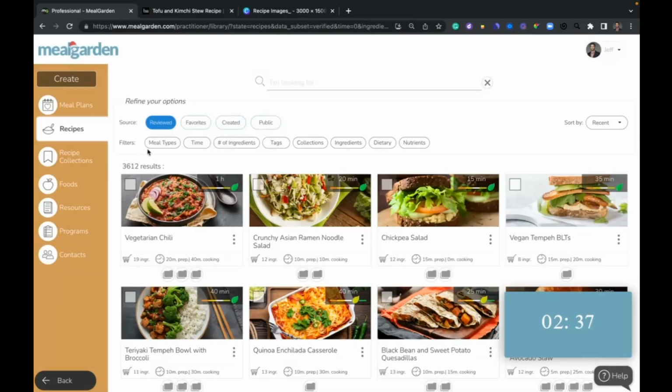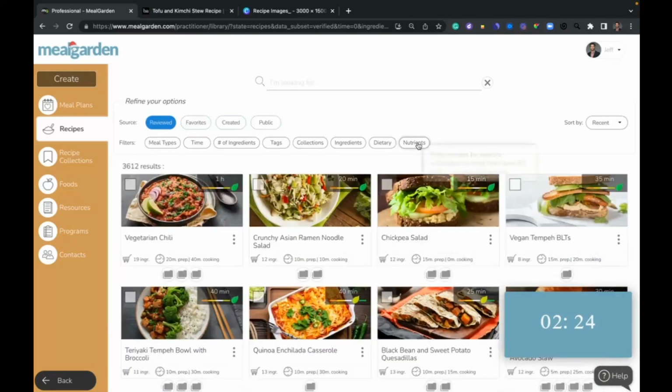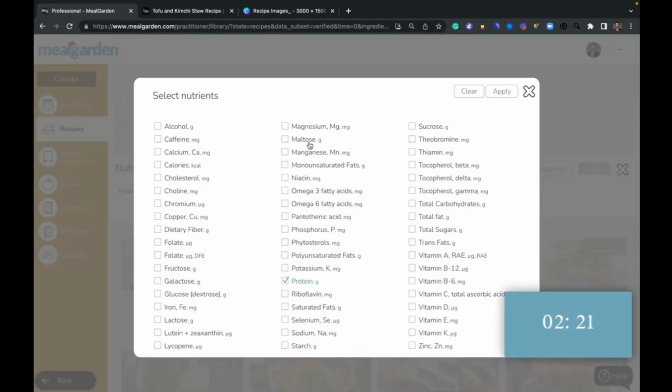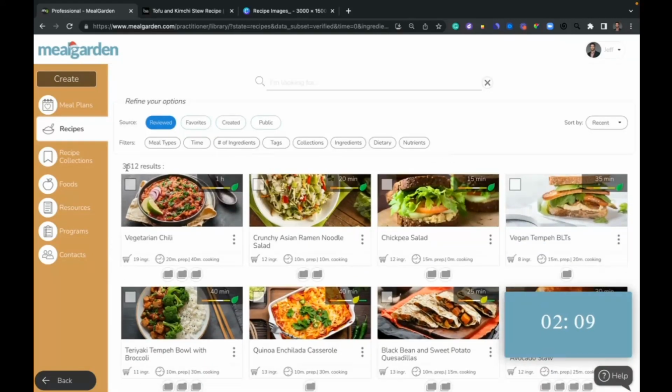Underneath source, we have different filters for meal types. All these little hanging tags, which are conditions and lifestyles, dietary, which are kind of more specific types of conditions. And then you have nutrients, right? So we have all the nutrients under the sun. You can pick a nutrient, you can pick a range for that nutrient. So you can really narrow in on recipes with the exact makeup that you want for your customers or your programs, okay? Now, if we go in and we type in smoothie,